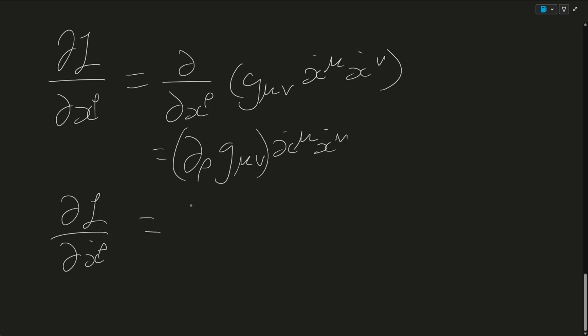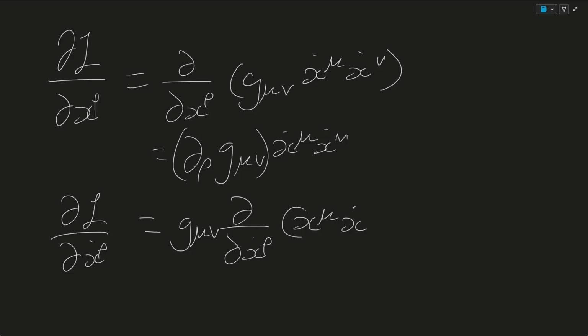So this is, because no longer in terms of our metric tensor, or rather we can treat that as a constant here. Partial x dot rho of x dot mu x dot nu,